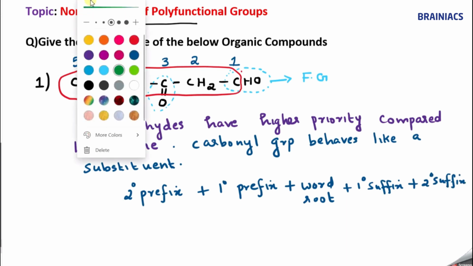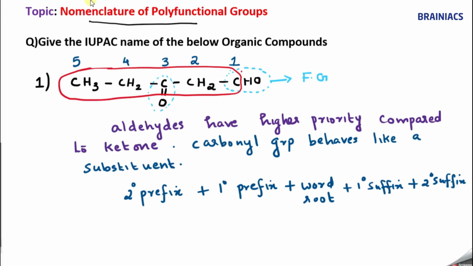The secondary prefix means the substituent. At the third position you have the substituent. Whenever a carbonyl group behaves like a substituent, we use the term oxo. There should be the position, then a hyphen, because the locant should be separated by a hyphen whenever it comes before a letter. So 3-oxo. The secondary prefix is there. The primary prefix means cyclo, which is not applicable since it is not a cyclo compound.